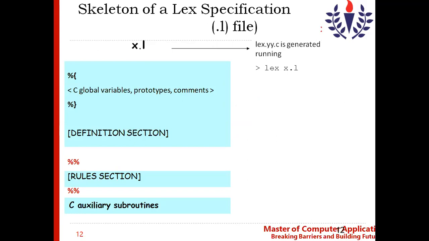This slide I have shown you already, to mention the skeleton of the Lex specification. When you invoke the lex command and give the file name, in this case x.l, what happens is the lex.yy.c file will be generated.